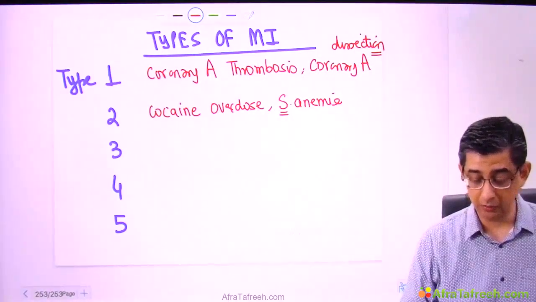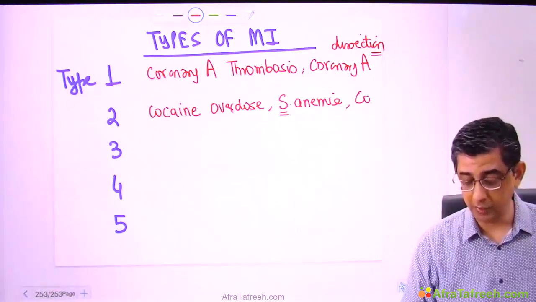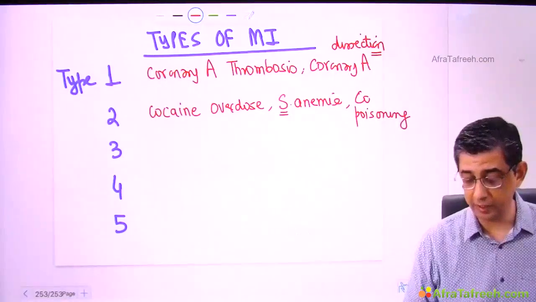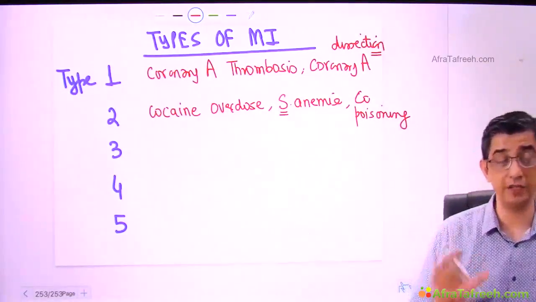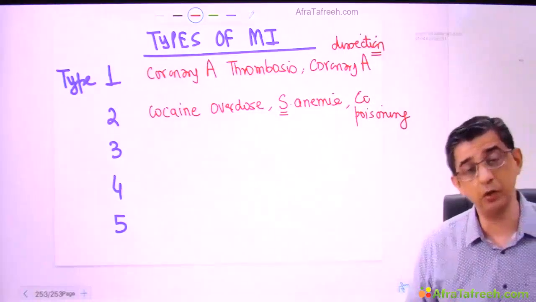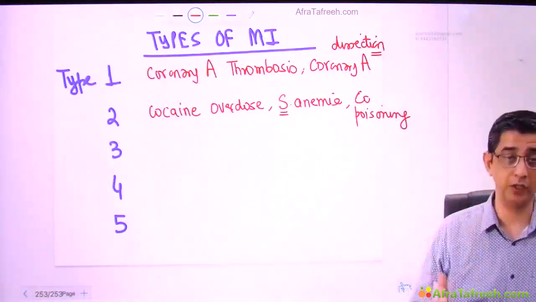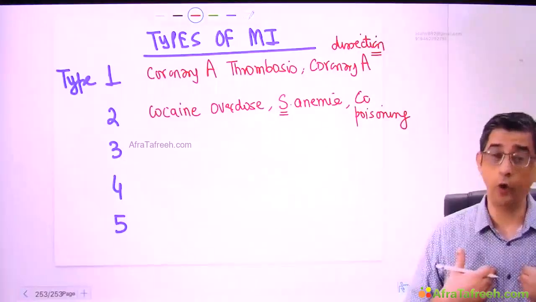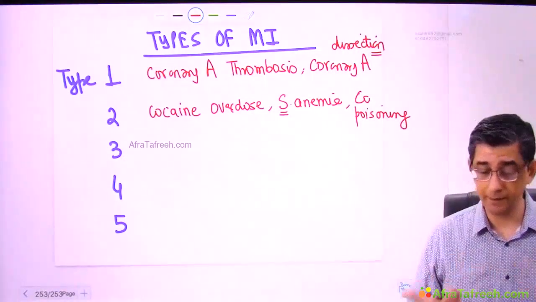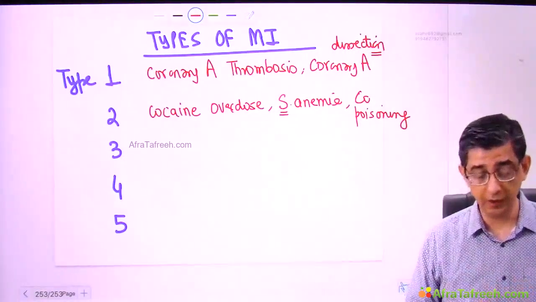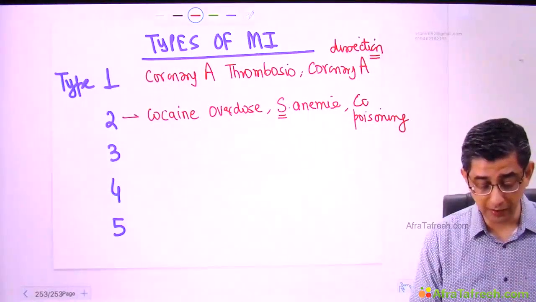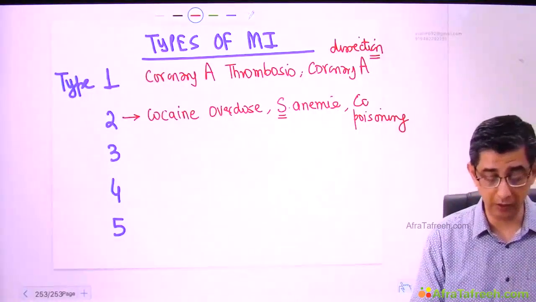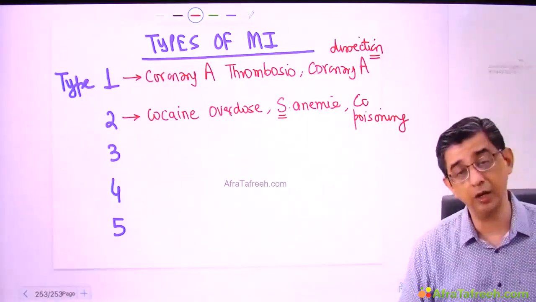Next scenario can be that of a patient who has slept in an apartment with a gas geyser on. Especially in urban India, you will now find an increased incidence in small apartments of gas geysers being used and people developing carbon monoxide poisoning. In carbon monoxide poisoning, carboxyhemoglobin is the major hemoglobin. Oxyhemoglobin is less. If the heart will not get sufficient oxygen, the person can die. So if it is non-atherosclerotic lesions contributing to MI, it is type 2. If it is atherosclerosis based lesions, then it is type 1 MI.